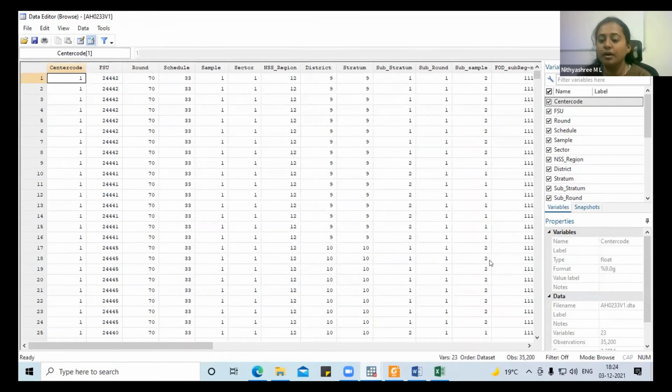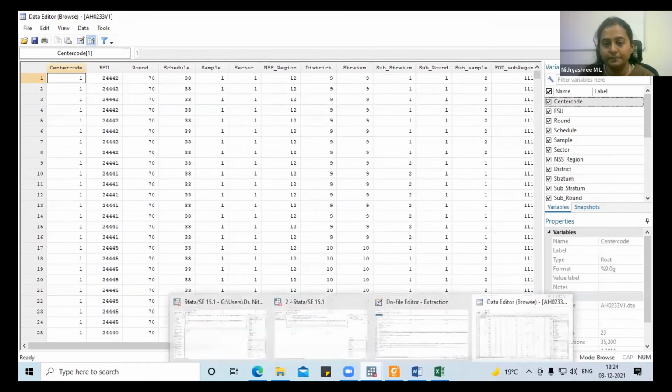If you are not sure by observing whether it is in wide form or long form, you can check the variables for duplications. Use the duplicates command and check whether duplications are there or not. If duplications are there, it is also an indication that the data is arranged in longitudinal form. So we want to convert that into the wide form. Okay, how do we do that?